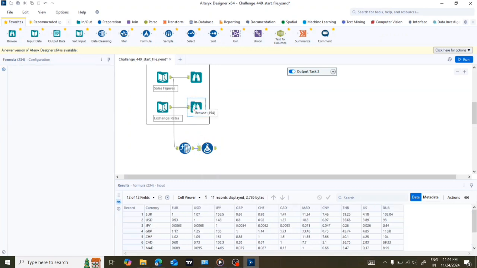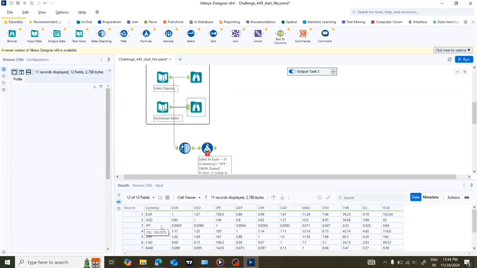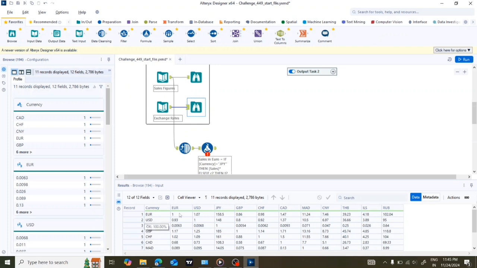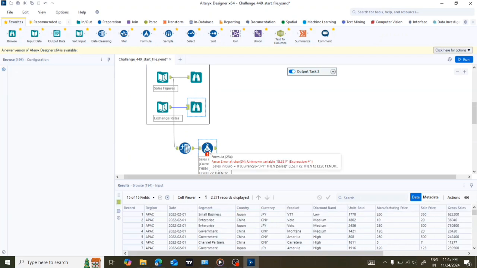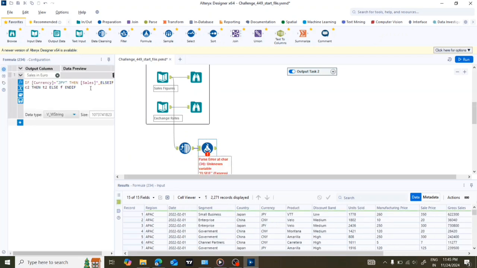And what is the exchange rate? You can check from this. To convert this to euro, you have to multiply by 0.0063. So this is 0.0063, right? And then